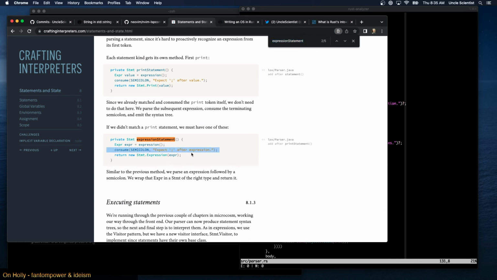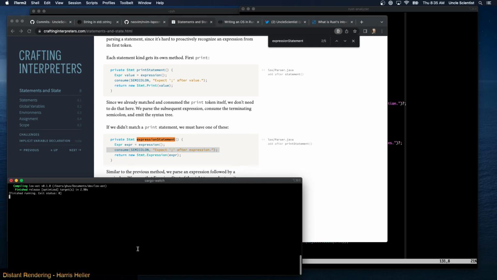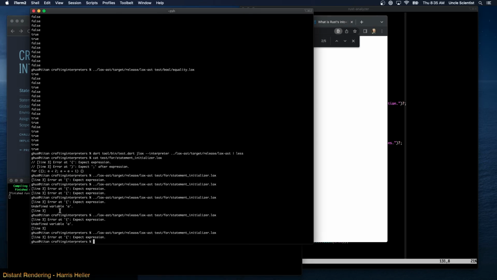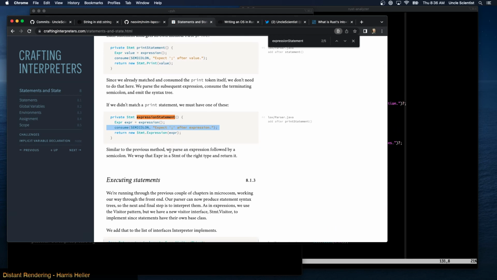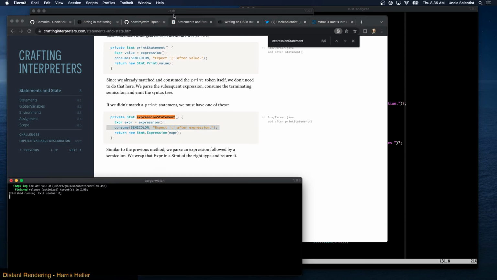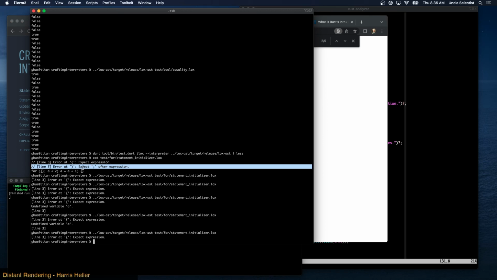Yeah, expect semicolon after expression. So after we get that, oops, it's not in that window, it's in this one. After we get that semicolon, oh. This is what we're seeing.